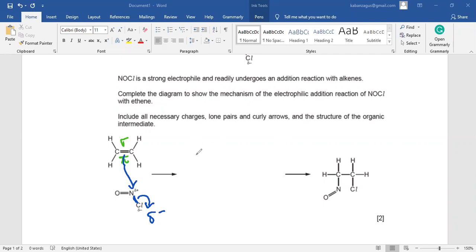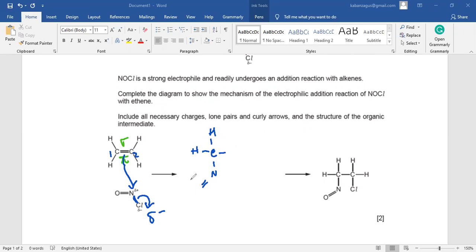As a result, we can write like this. When this electron goes there, let me put here carbon number 1, carbon number 2, this carbon now has